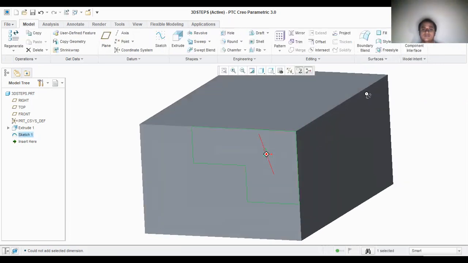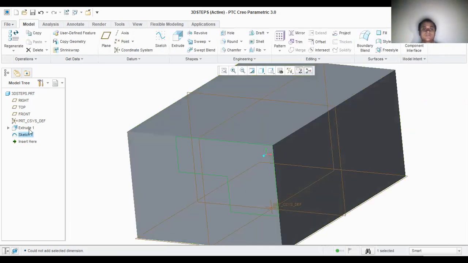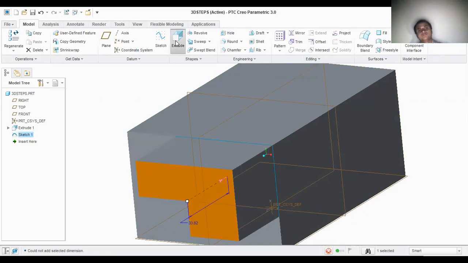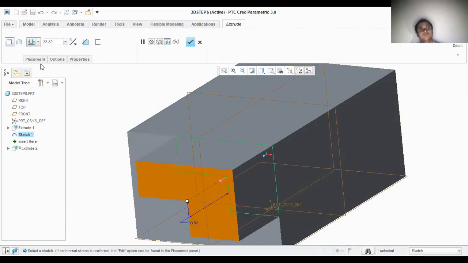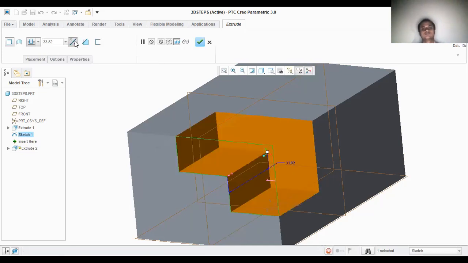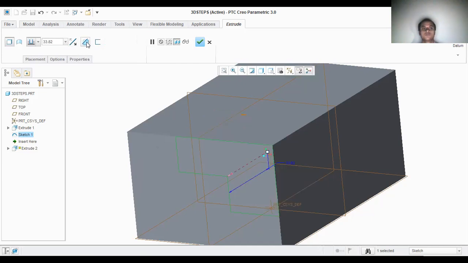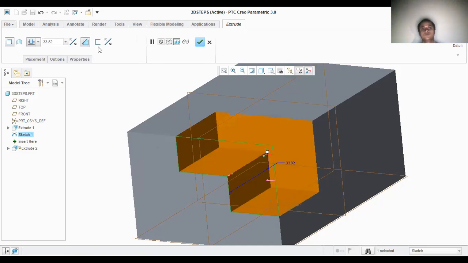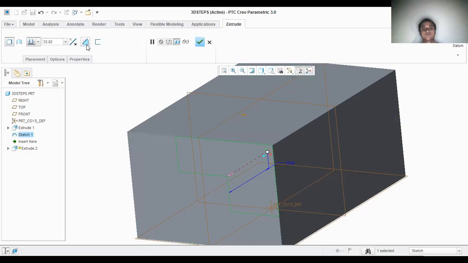And this is my sketch. So here I need to do an extrude cut. I'll click on extrude. So it is coming outside, and I don't want it to come outside, so I'll reverse the direction. Okay. And I need to select this portion. This is called remove. If I click this one, it will remove. This is the flip direction, which flips the other way. So this is my remove command.